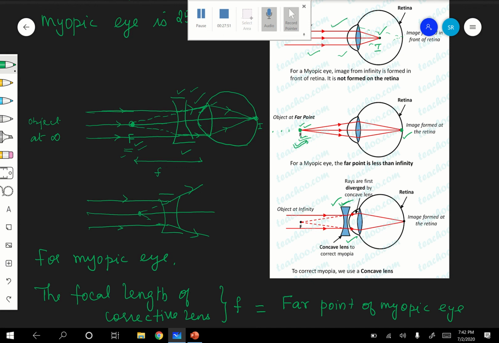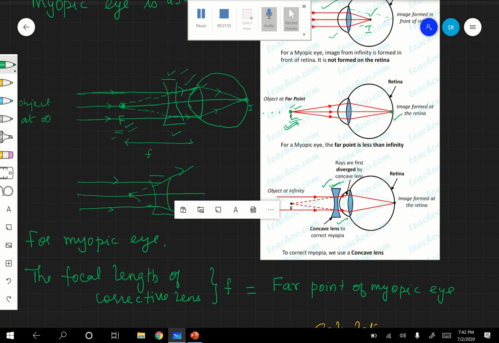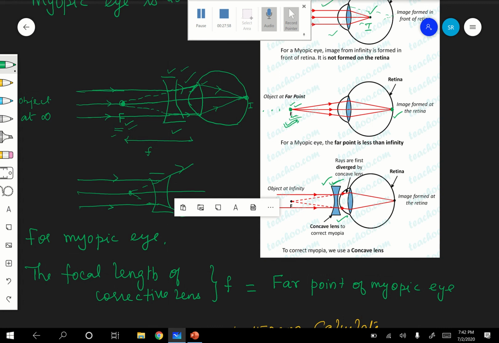Okay, right. Now, I think we have left one very important thing: what is the cause of myopia? That is very important, no? What is the cause of myopia? Very, very important. Therefore, there are two possible causes. I am not going to write it. So what are the two possible causes of myopia? Number one, write it.